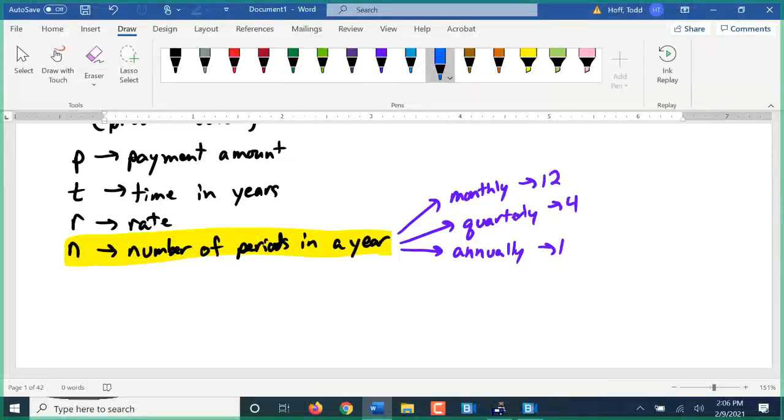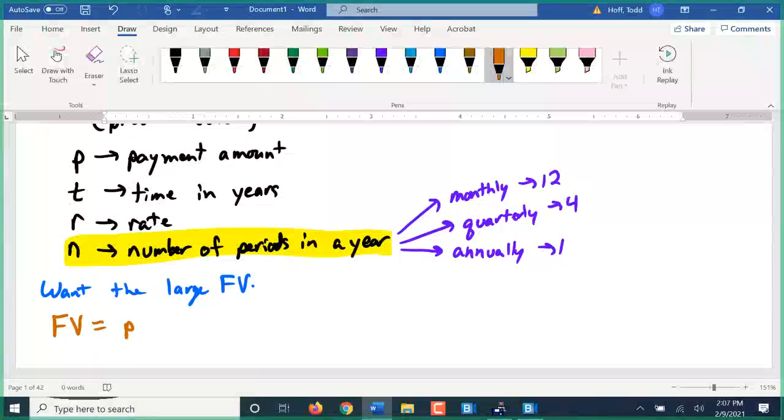So if we are paying in, and we want to know that large future amount, that future value, that large amount in the future, is equal to the amount of that regular payment times, now that is correct, 3 open parentheses, 1 plus the rate divided by N, we close the parentheses,